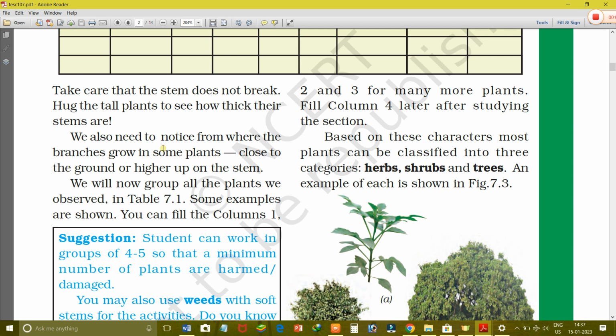Some examples are shown. You can fill columns 1, 2 and 3, with 4 more plants. Fill column 4 later after studying